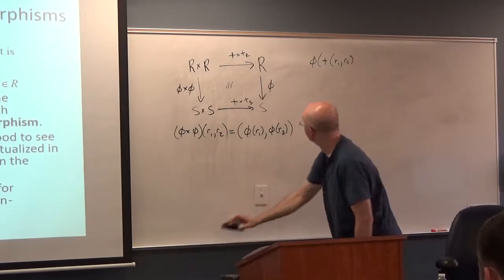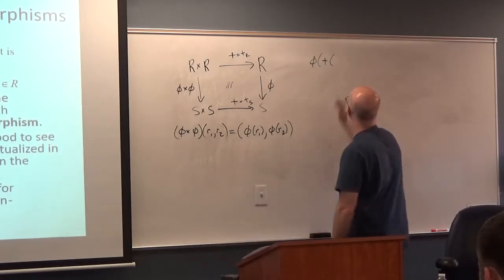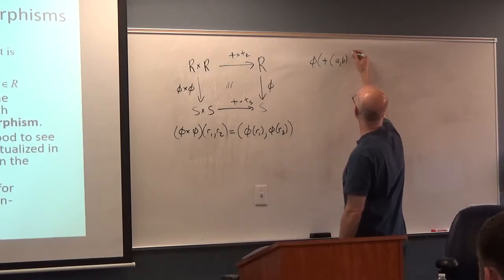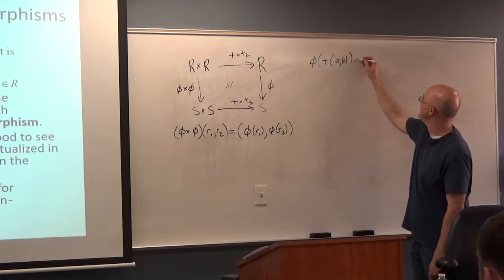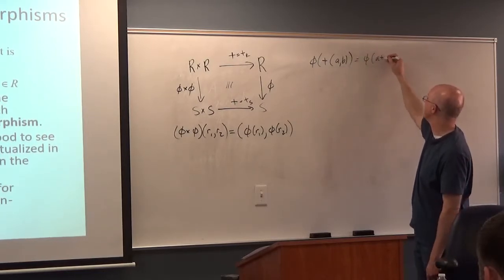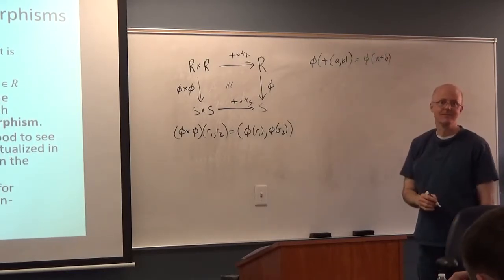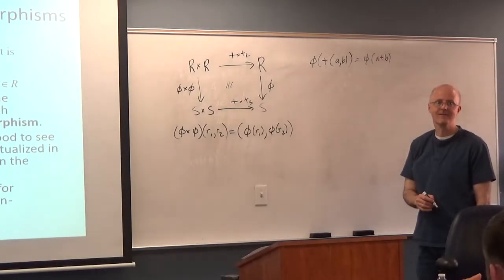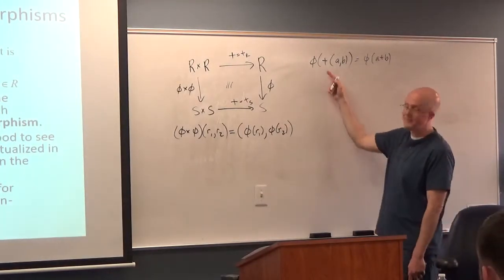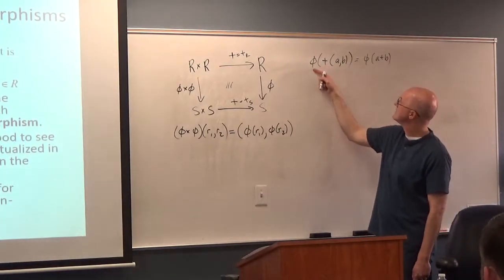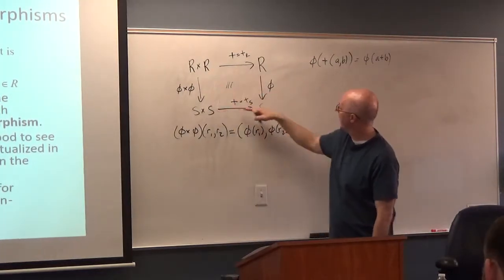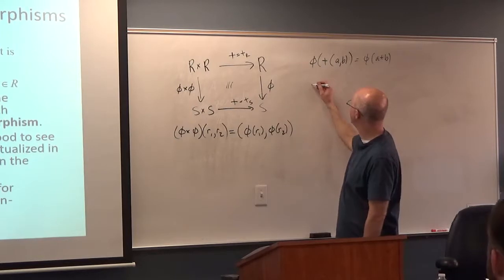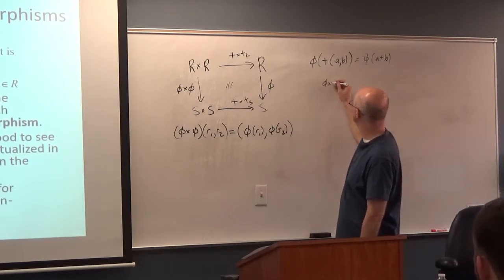Well, let me use a and b here. Plus of (a, b), kind of weird notation. What does it mean? It just means add a and b, that's all it means. That's a function composition. Add first, then apply phi. I should get the same thing if I go around the other direction in the diagram, if I apply phi cross phi first,